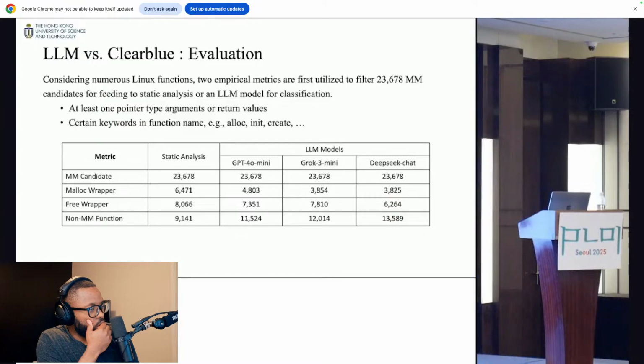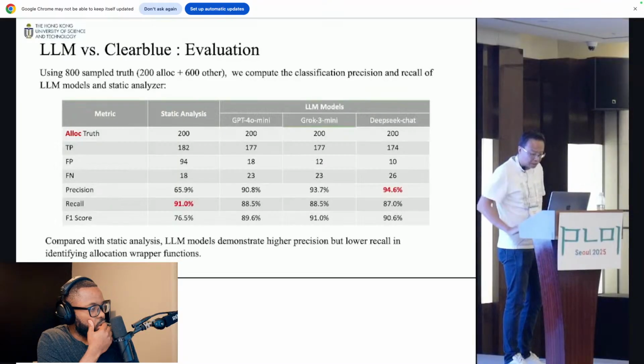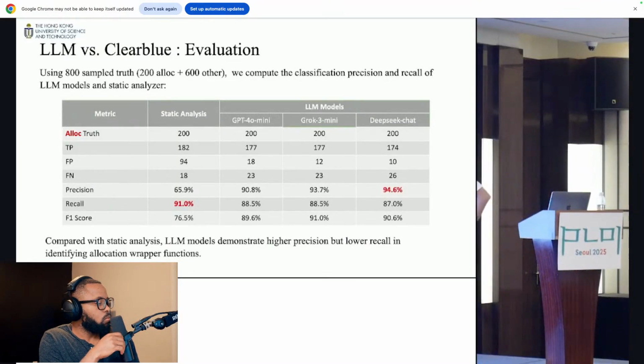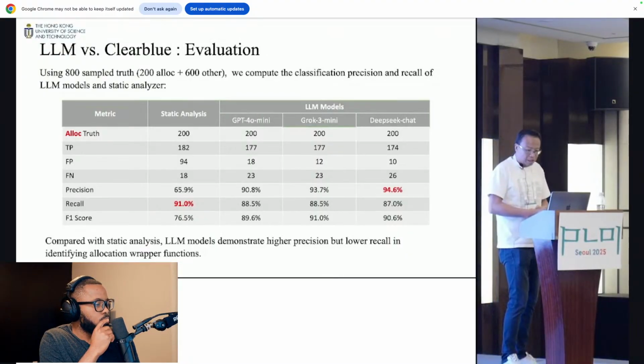So this is how many wrappers each model picked up. For example, out of this man-made benchmark, each model can pick up a small subset of these wrappers. In terms of quality, we just look at how many of the wrappers they pick up are in the oracle that we know is accurate. In this oracle, there are 800 calls. So that's what we do.